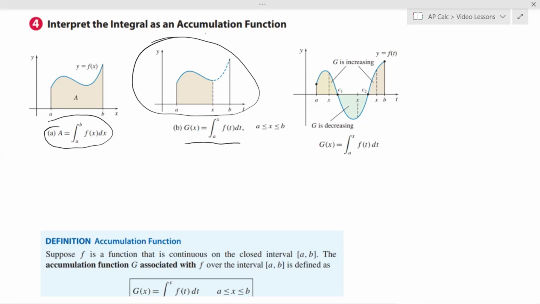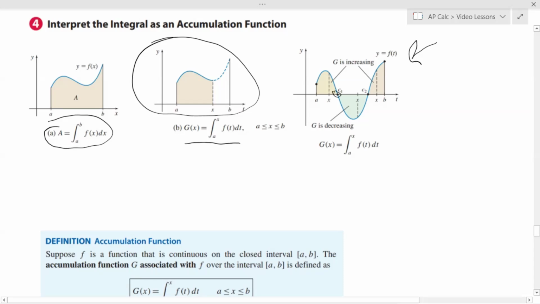Okay. So now suppose that f is not required to be non-negative, in other words, f could dip below the x-axis, then f may have negative values on some sub-interval between a and x. So this is the situation we have here in this third piece here. So notice that from a to c1 right here,